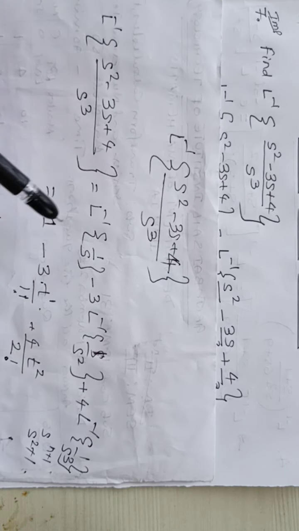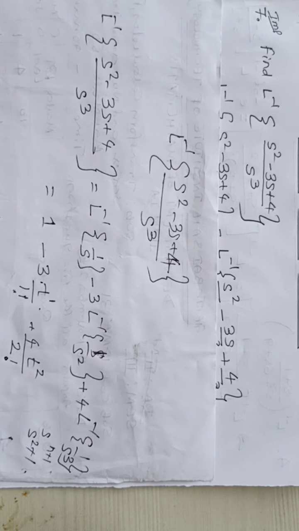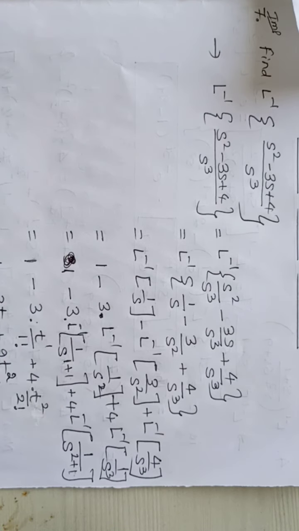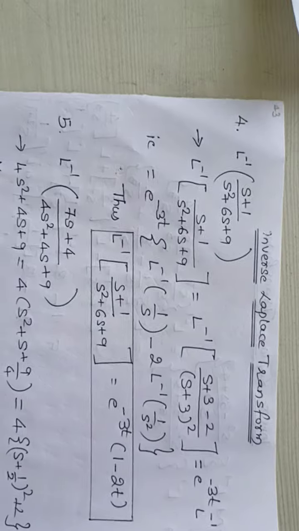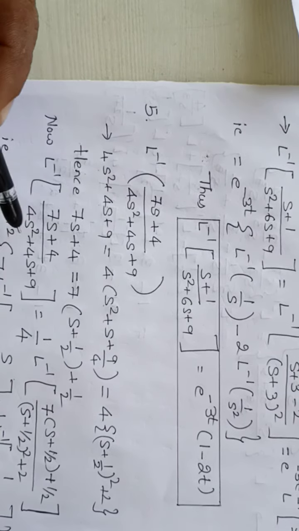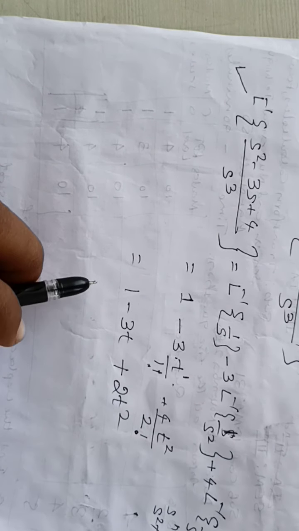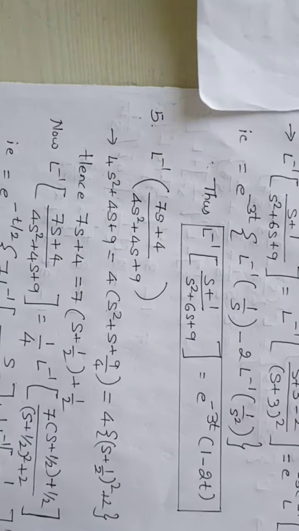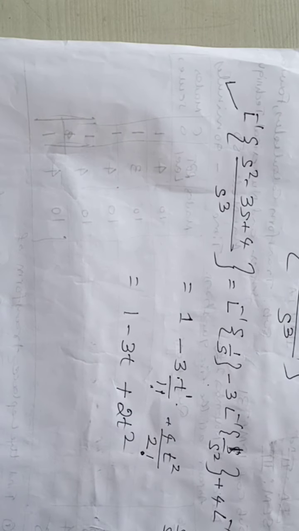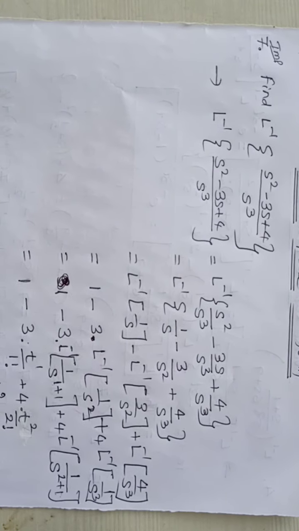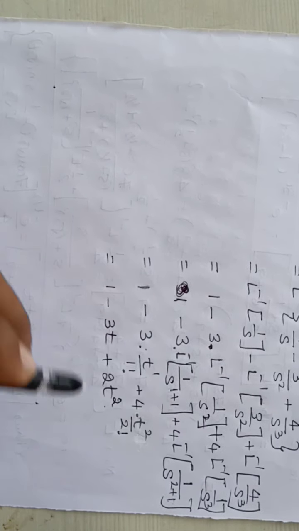So within 3 steps we will get the answer. They give simply 3 to 4 marks here because this is a simple problem. If it is a heavy problem like the earlier one, they give 5 marks. Though this one is simple, they give 3 marks. This is the required solution for this problem. Very important, they ask it plenty of times in different universities. So this is the answer for this problem.